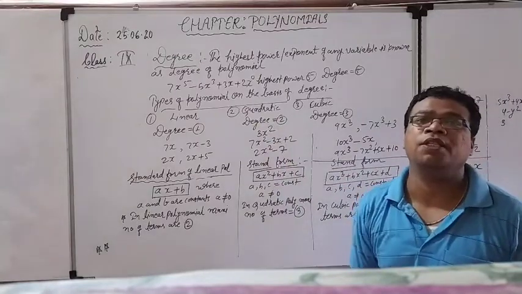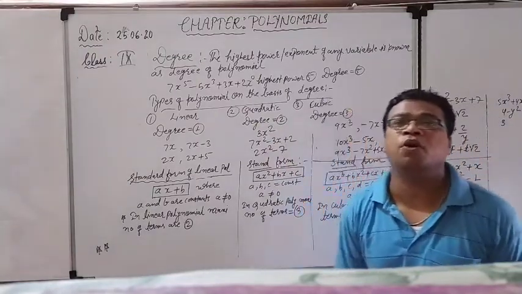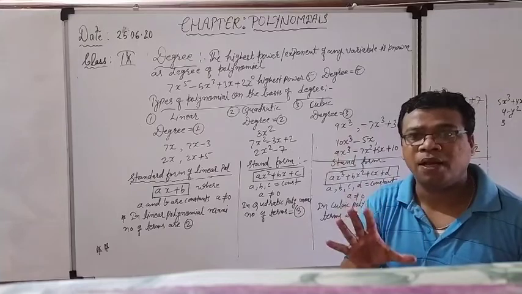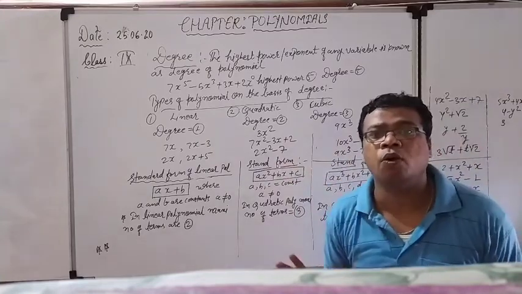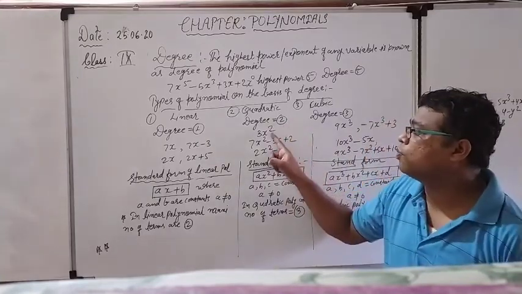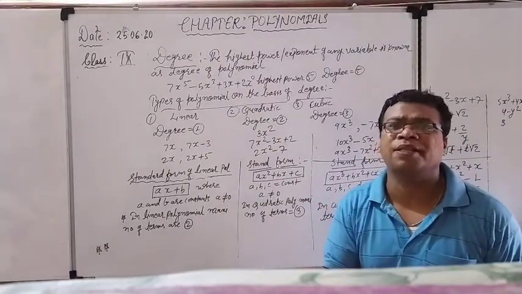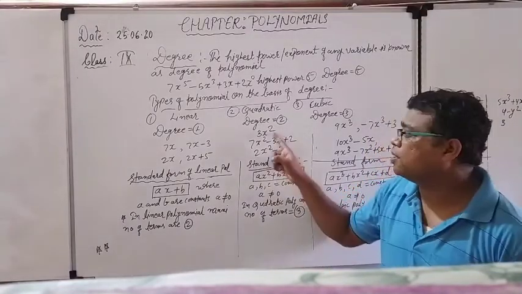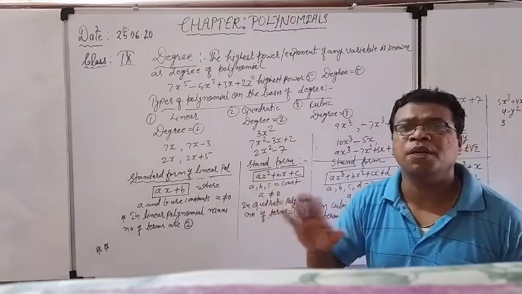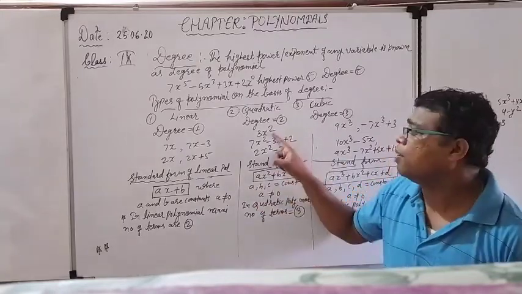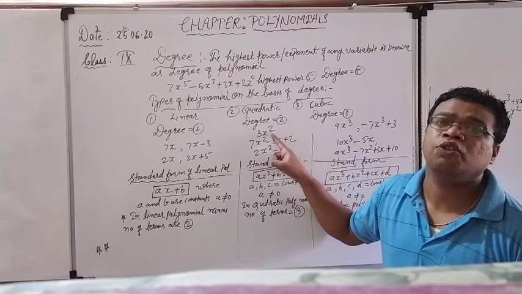Second, quadratic polynomial. What is the foremost condition for the quadratic polynomial? Degree should always be 2. Right now you can write down examples on your own. For example, degree is 2, so first example I have written 3x square. You can also write minus 7x square, 9x square. Because it is a monomial, no problem is there. Monomial, that is not the problem at all. Power should be only 2. Degree should be only 2.